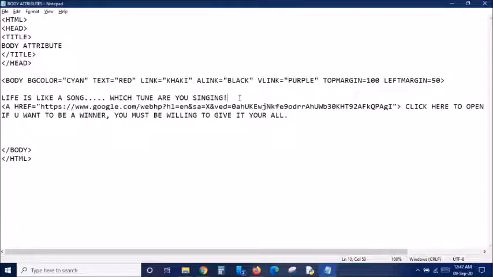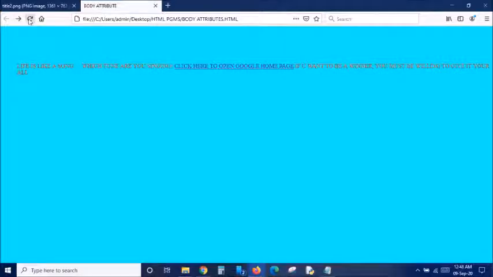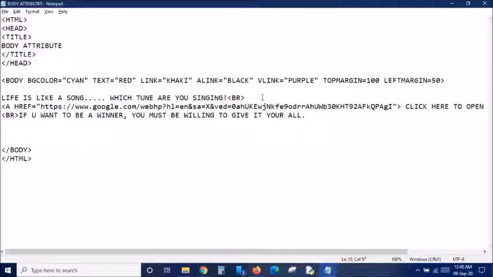Now I'm typing break here. You can use this even in the middle of the text, but don't use it in the middle of your link or path. Use it only in the middle of your text. I'm having one here, and for the next one I'm just going to have it here. So here we will get a line, and after each and every line we are going to have a line space. Refreshing the page, you can see it now. It is looking a little bit formatted, right? Little bit looking good. So I'm just adding one more break.